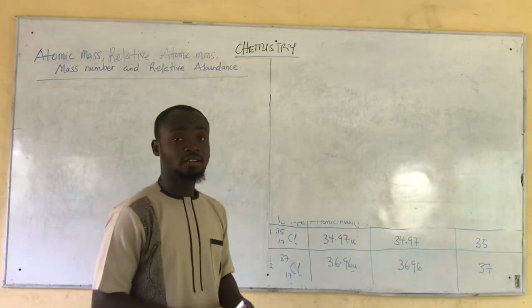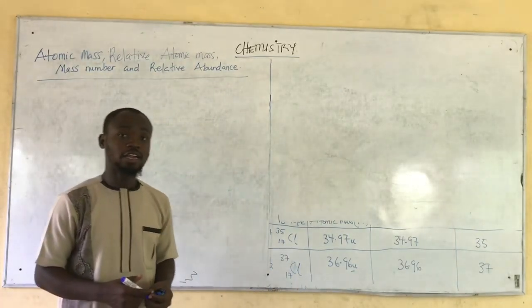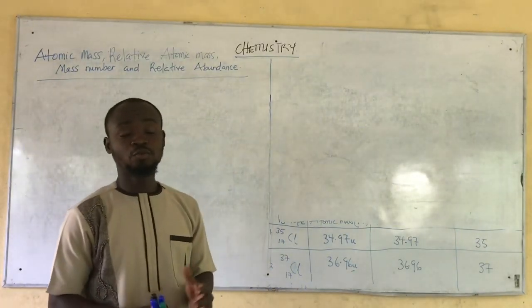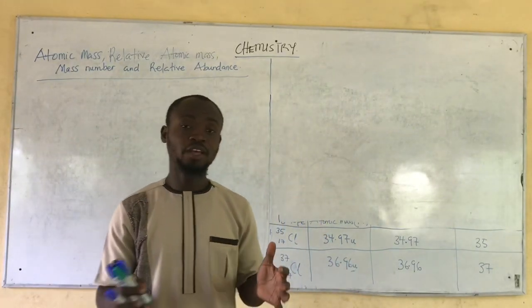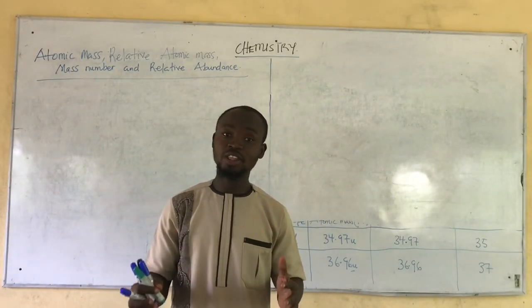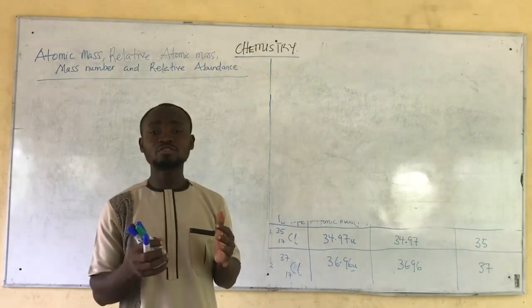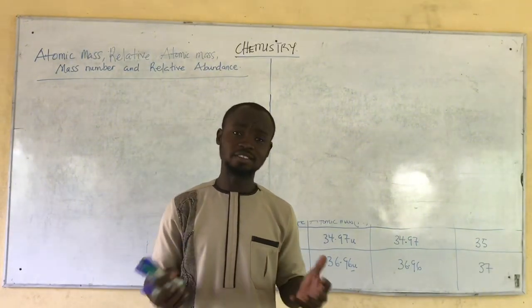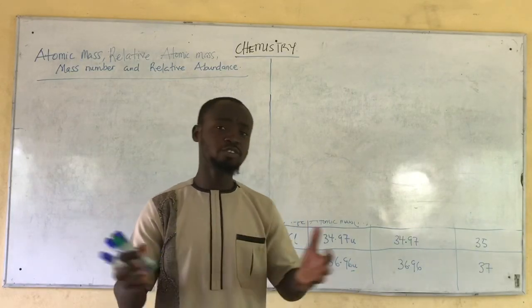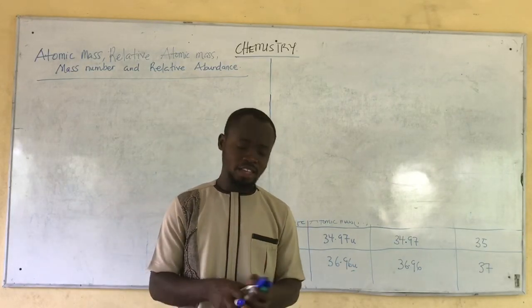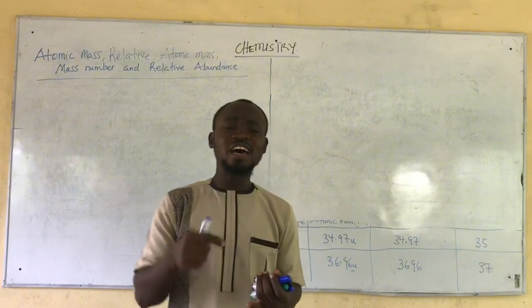Now let's consider relative abundance. So we've talked about atomic mass, relative atomic mass, and then mass number. Now let's consider abundance or relative abundance. Naturally occurring isotopic elements exist in different forms or in different amounts or proportions. Is that okay? The proportion of each isotope,